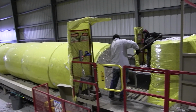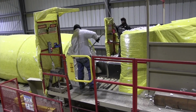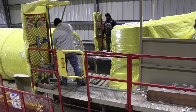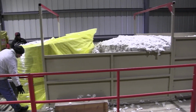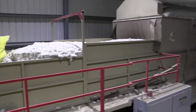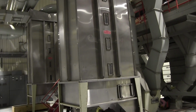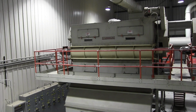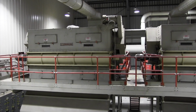We start off with roller conveyors that carry the compressed modules, which have about 12 to 15 bales in them, down a line to a disperser head, which breaks the modules up into smaller pieces so that we can run them through the gin. And then it goes from that disperser head into an air dryer, and then from the air dryer it goes into incline cleaners. There's like two stages of that, and all it does is remove the large leaves and sticks out of the